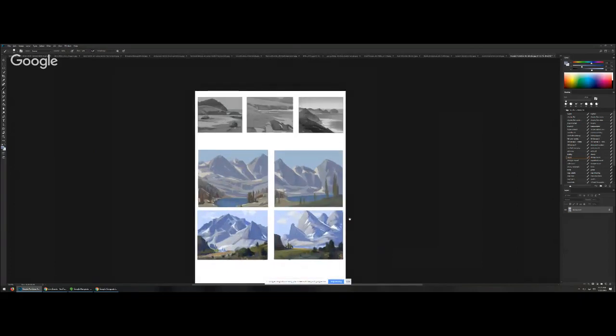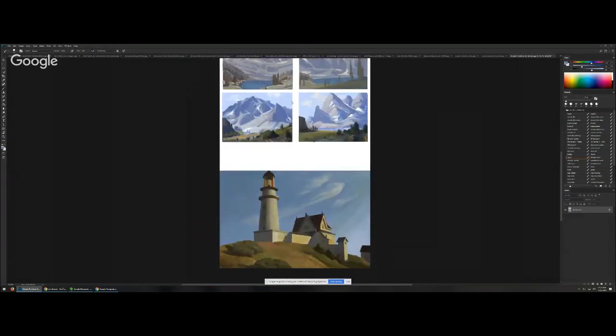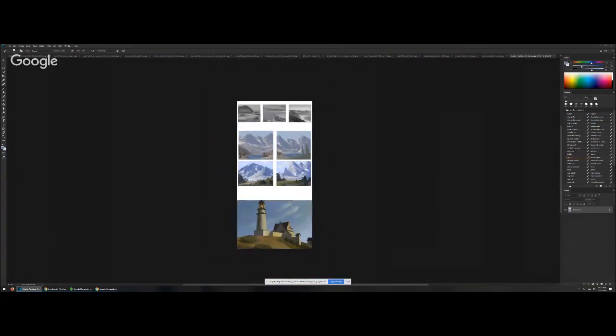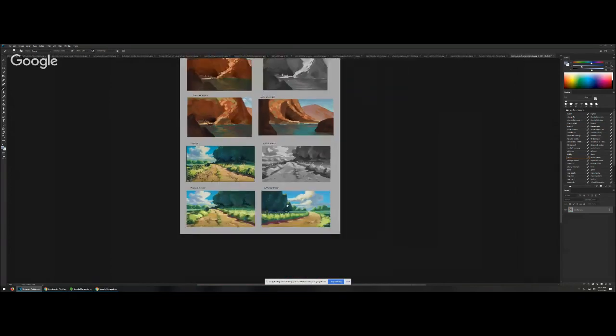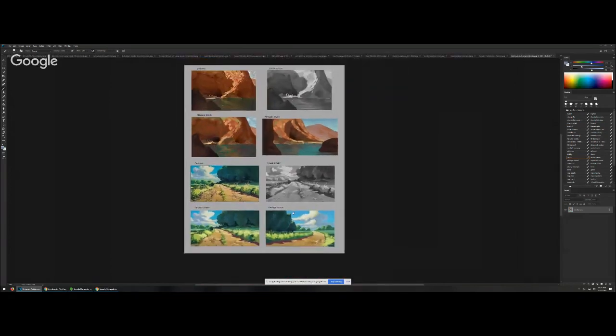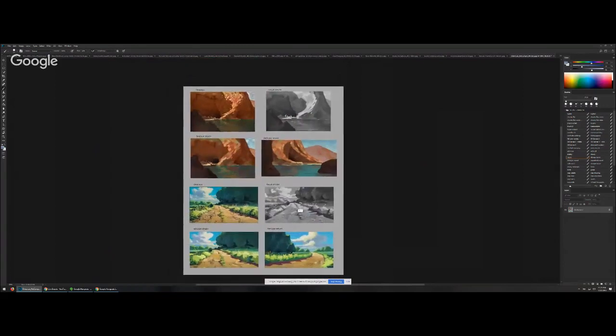Overall, quite nice. I like the value studies. Those are quite strong. Yeah, looking good. So this seems to be a popular piece for good reason. It's a fantastic piece. Actually, kind of want to focus on a